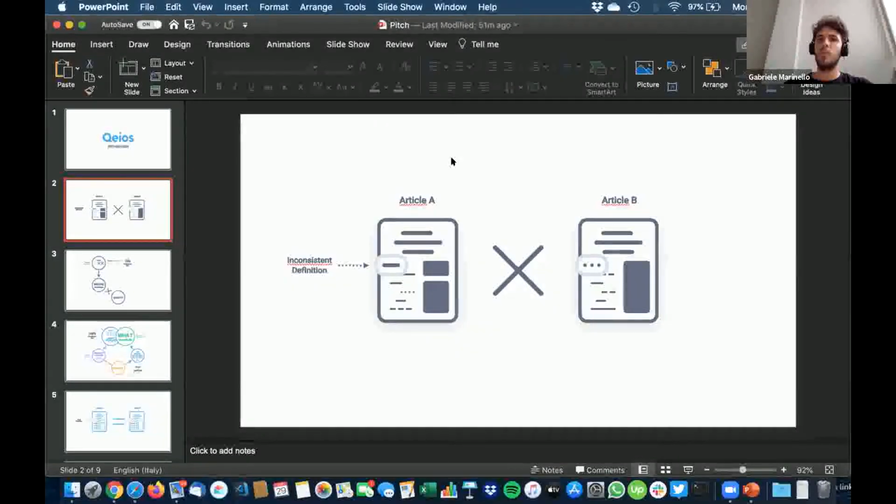Basically, he was listing among the possibilities the problem that we are using so many different terms for the same objects, for the same entity that we are describing. This is the problem that gave birth to Qeios, the fact that we have so many different ingredients, variants of ingredients that we are using to compose our studies.